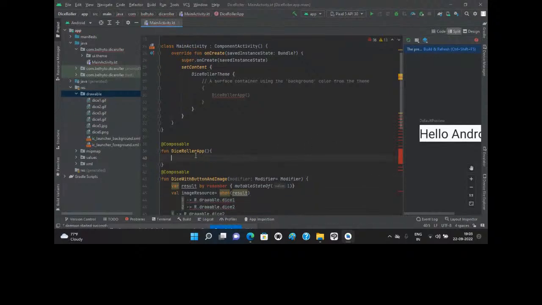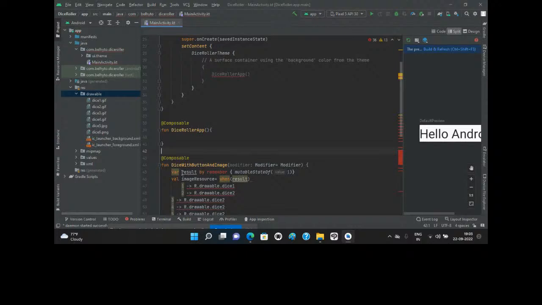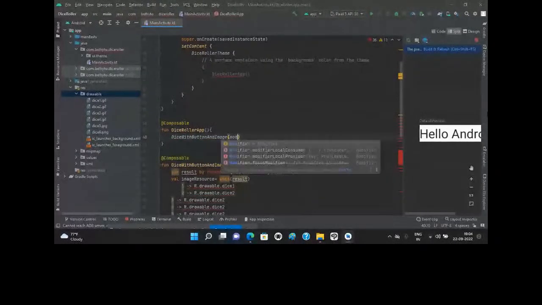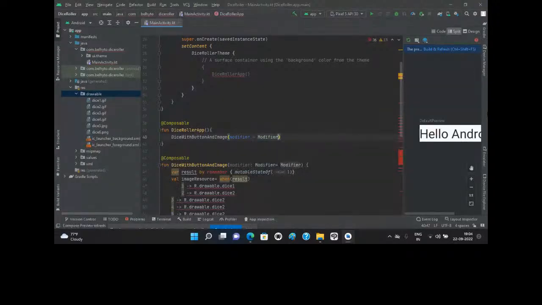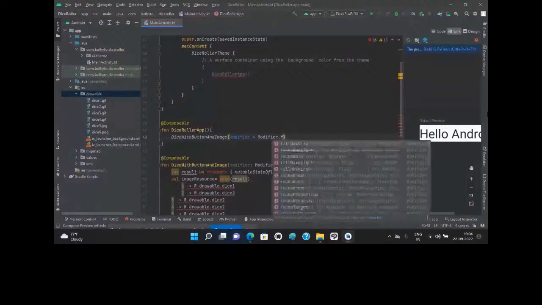And then inside this DiceRollerApp, I'll call my previous function, dice with button and image. Copy that and paste it inside our app function. And we want to modify this, so let's just put the modifier function parameter, modifier dot